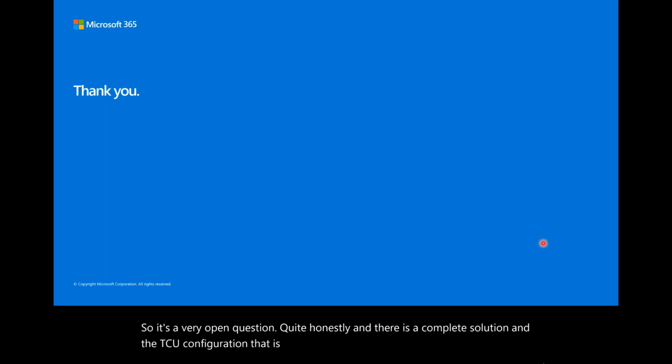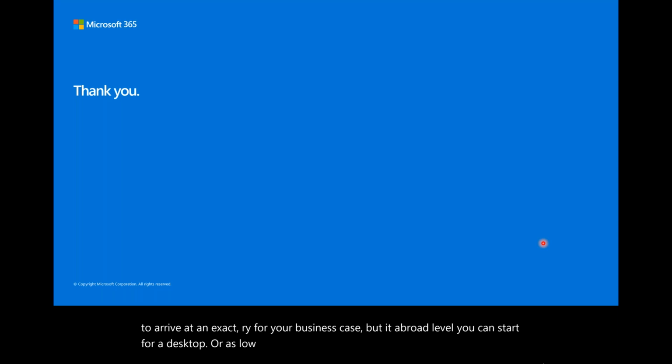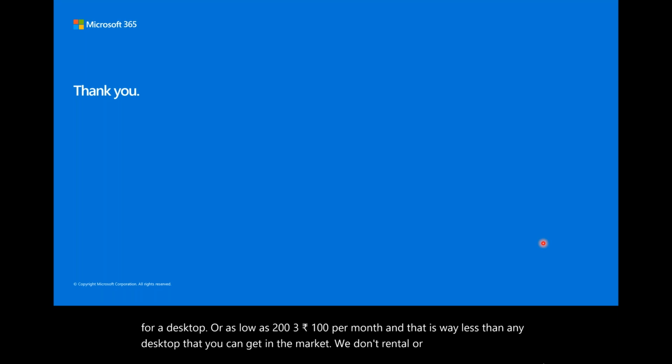You can talk to a TCL representative to arrive at an exact ROI for your business case. But at a broad level, you can start for a desktop as low as 200, 300 rupees per month, and that is way less than any desktop that you can get in the market, be it on rental or on a capex model.